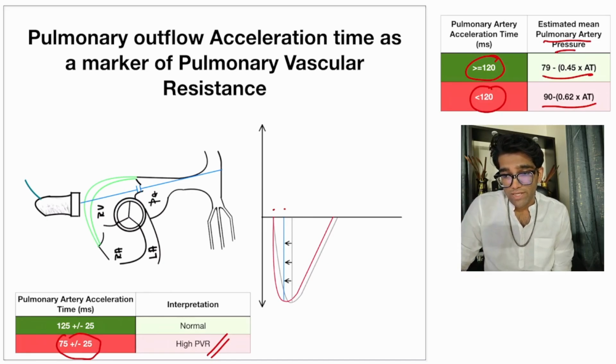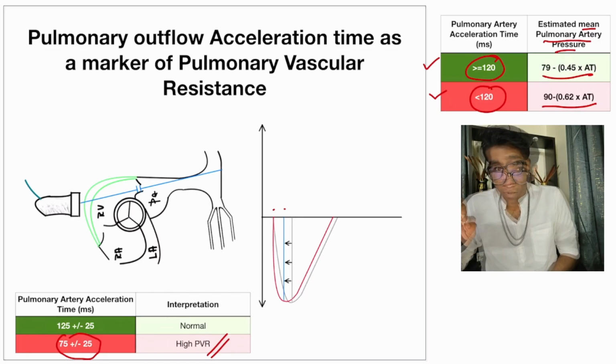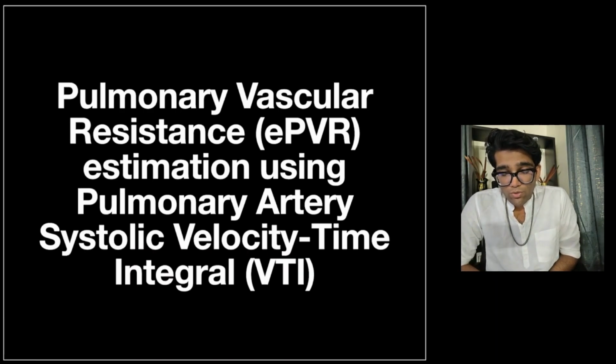So these are both regression formulas. That is how the relationship is. However, this is for estimation of the mean pulmonary artery pressure, not the pulmonary vascular resistance. So a reduction in the pulmonary acceleration time does correlate with an increased pulmonary vascular resistance, but it does not give you an actual quantitative value. If we want a quantitative value, we need to use the pulmonary artery systolic velocity